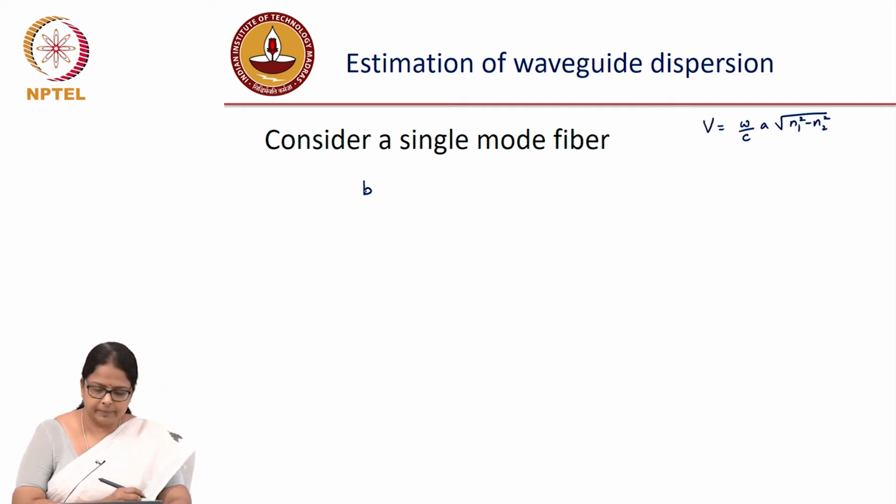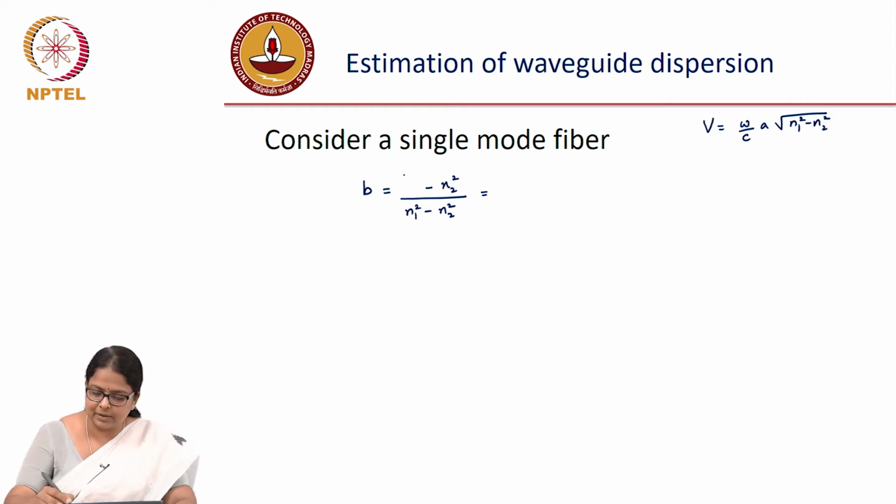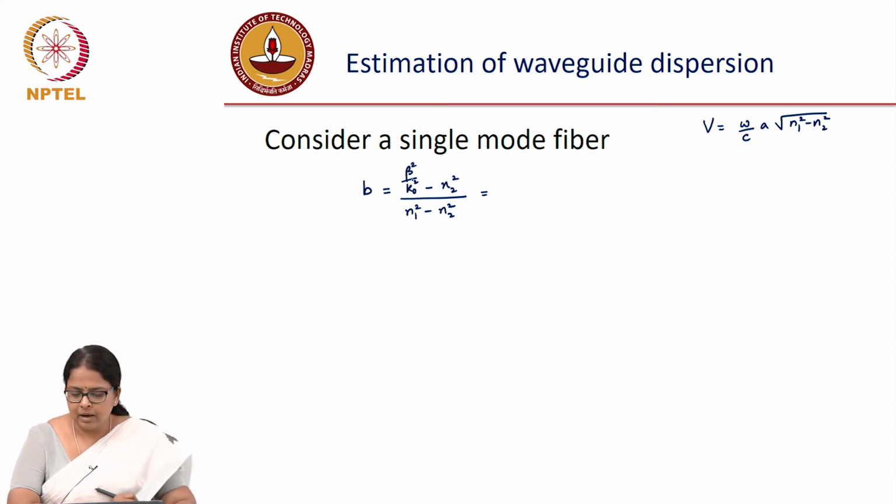first order Bessel function. So, your B we define as, do you remember the definition of B? B is what finally we said is the unknown variable in our transcendental equation. This is beta square minus n2 square, over n1 square minus n2 square. Yes, there is a beta square by k naught square, because that is a normalized refractive index. All right. So, B is given by this formula, and the goal is to find out